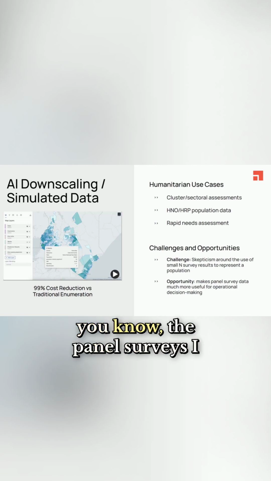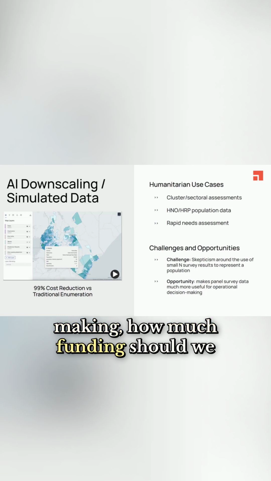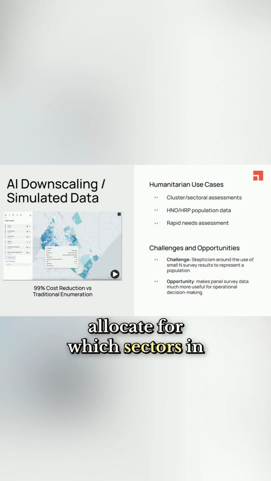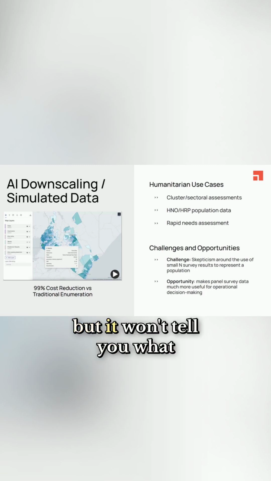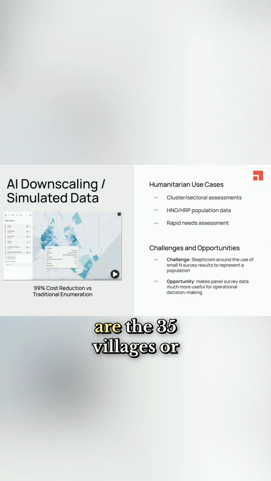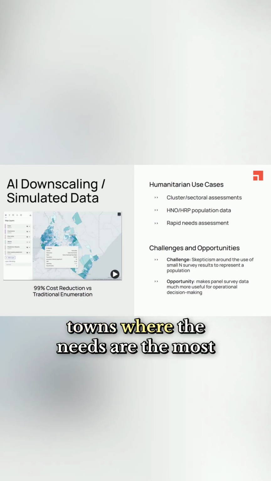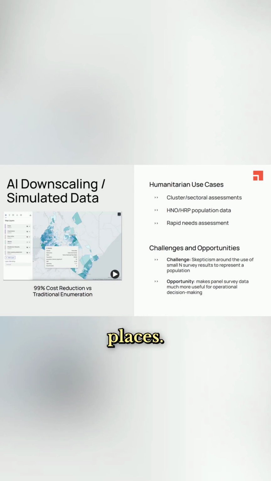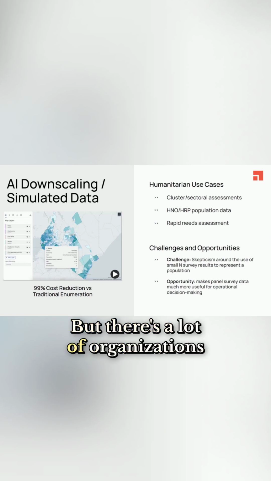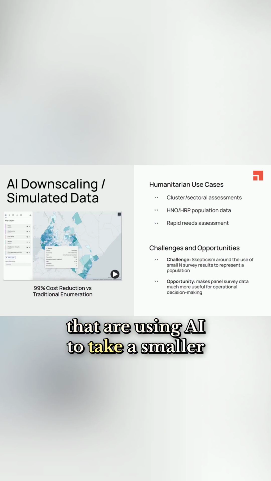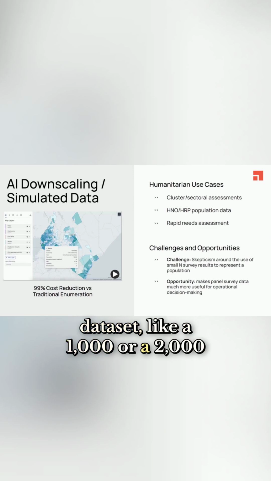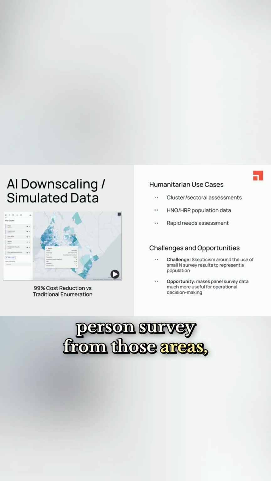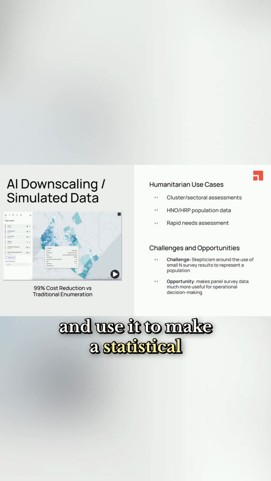And so the panel surveys I talked about might be useful for strategic level decision making. How much funding should we allocate for which sectors in which oblasts, but it won't tell you what are the 35 villages or towns where the needs are the most acute, because you won't be able to get enough data from those places. But there's a lot of organizations that are using AI to take a smaller data set, like a 1,000 or a 2,000 person survey from those areas, and use it to make a statistical inference about a town or